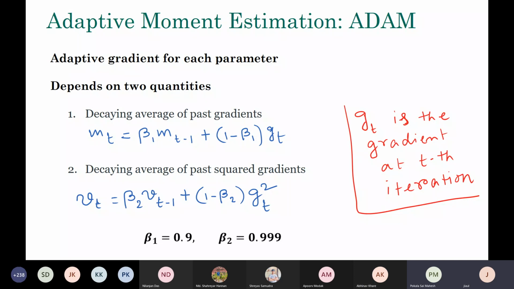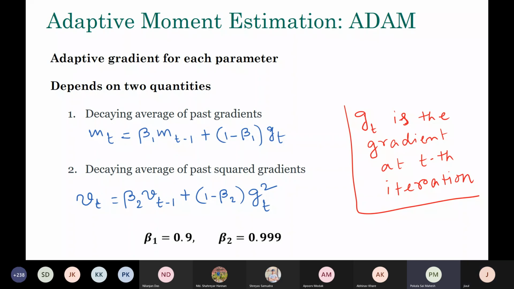Okay. So that's what we actually do. If you recall the expression that we had in AdaGrad, we were using BT, a slightly different form of VT, not the weighted average but a plain average. But roughly similar to that is VT. And now we introduce another concept called MT, which is the weighted average of all the past gradients, just to minimize randomness, because if one particular batch misguides you, this helps avoid that. So essentially you are using information from the other batches also to guide your direction of movement. That's what you are doing.